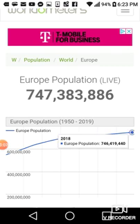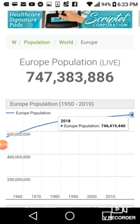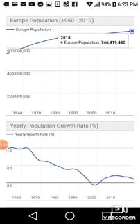Let me see if I can get it up to 2019. Well, 2018, that was the expected number. But as we can see, that number hasn't grown much. So then we come to the yearly population growth, which is the fertility birth rate. So this particular